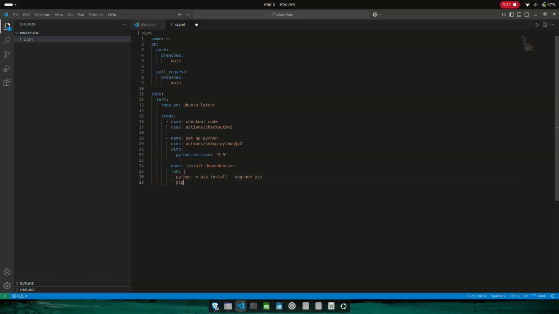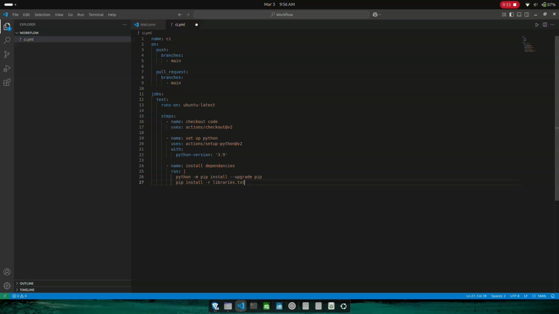The next line, pip install minus r libraries dot txt. Okay, so here we are installing the dependencies which we'll use to perform the test. And the first line is pretty simple. This is something you have seen a lot. So here we are basically installing pip and also upgrading it.